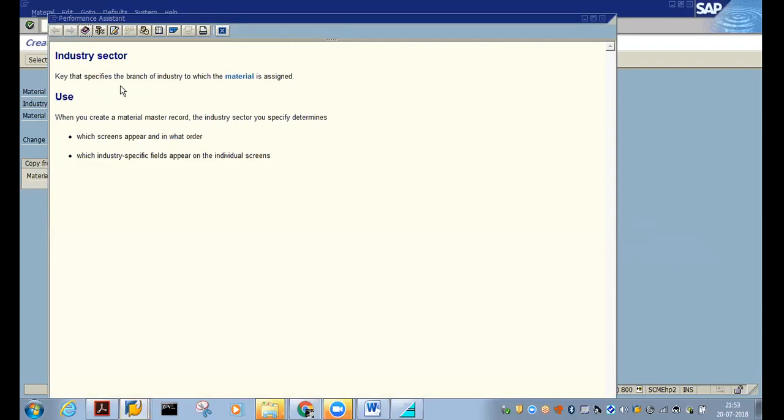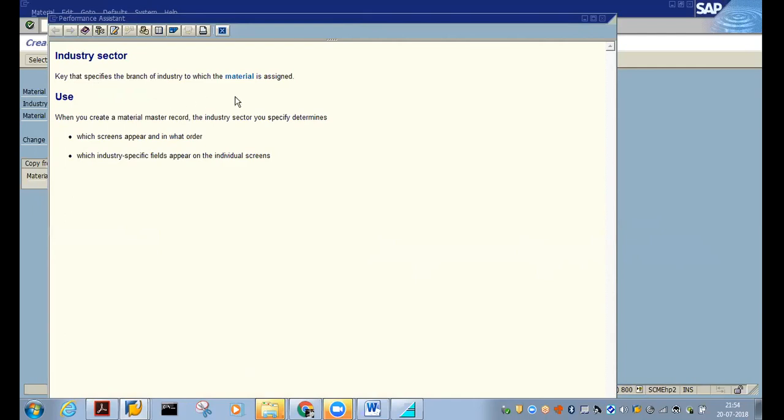Here it will give you the definition or functionality of that field.